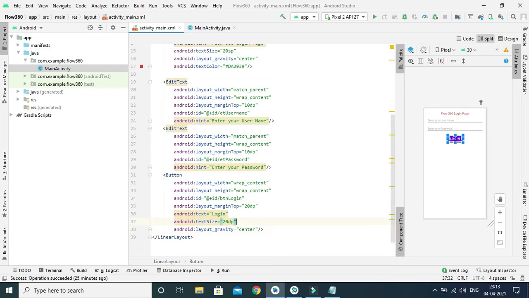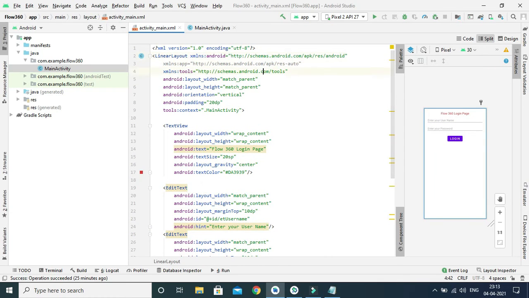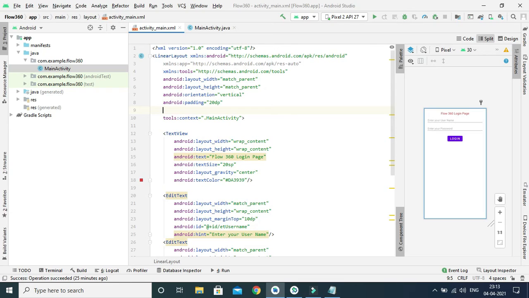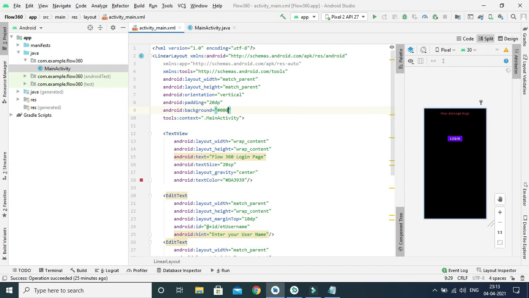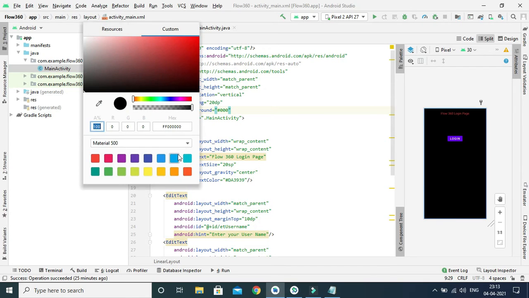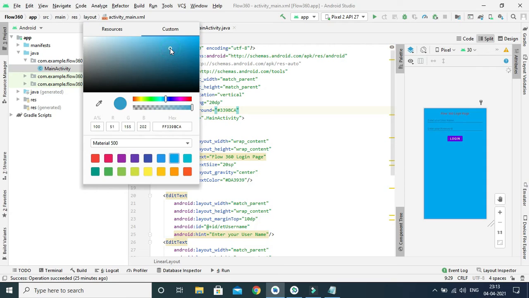You can use a total background color from your parent layout. You can choose it from the palette. Right,